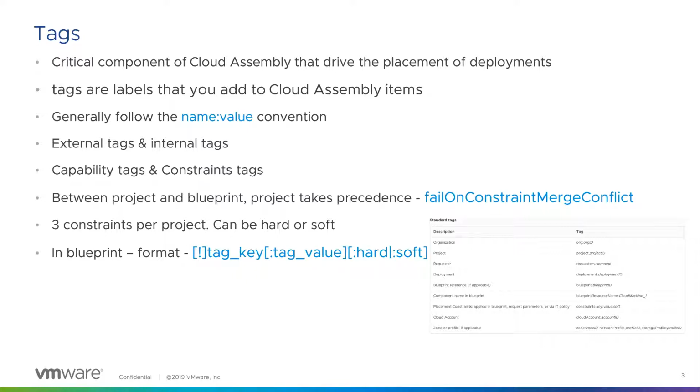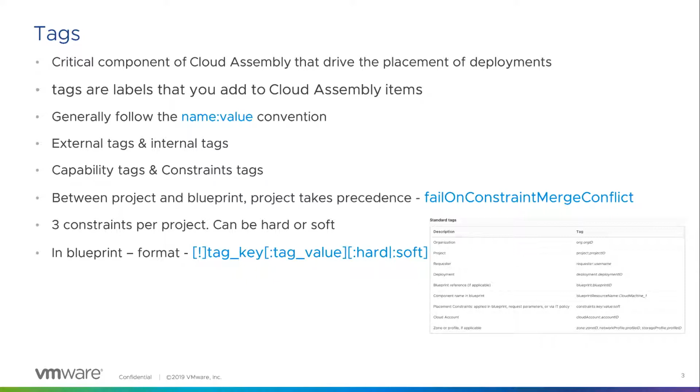So tags are like labels that you add to items in Cloud Assembly, right? You apply the label, and they generally follow the combination name colon value. Name is the name of the tag, and value is the value that you want to provide to that particular object. It's a name:value convention. You can provide only a name, but it's not really suggested to create tags in that way,